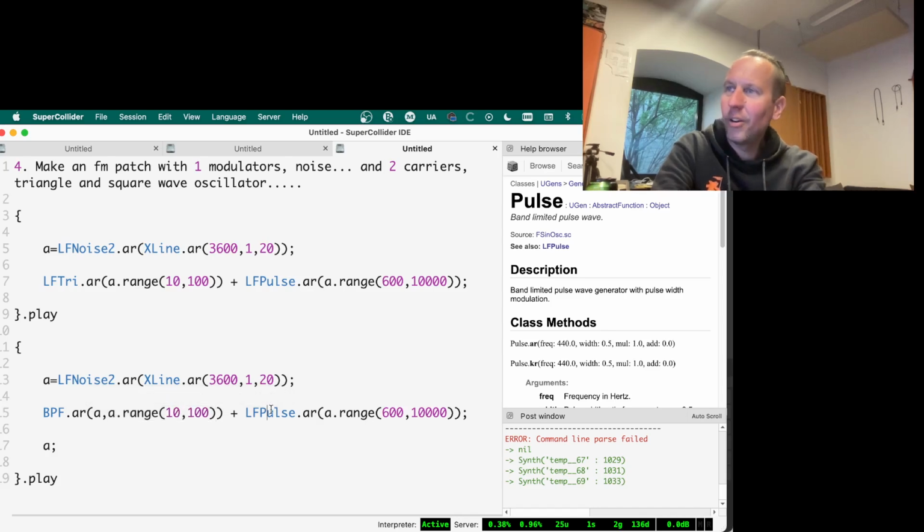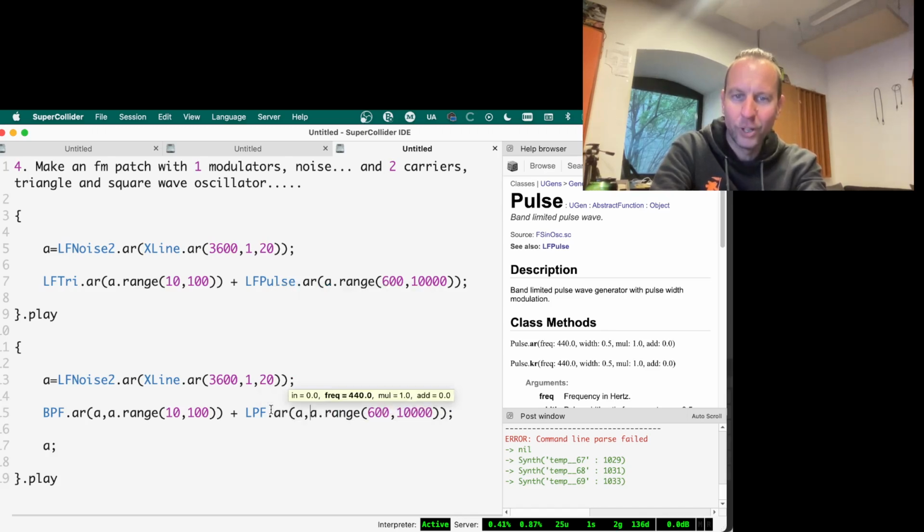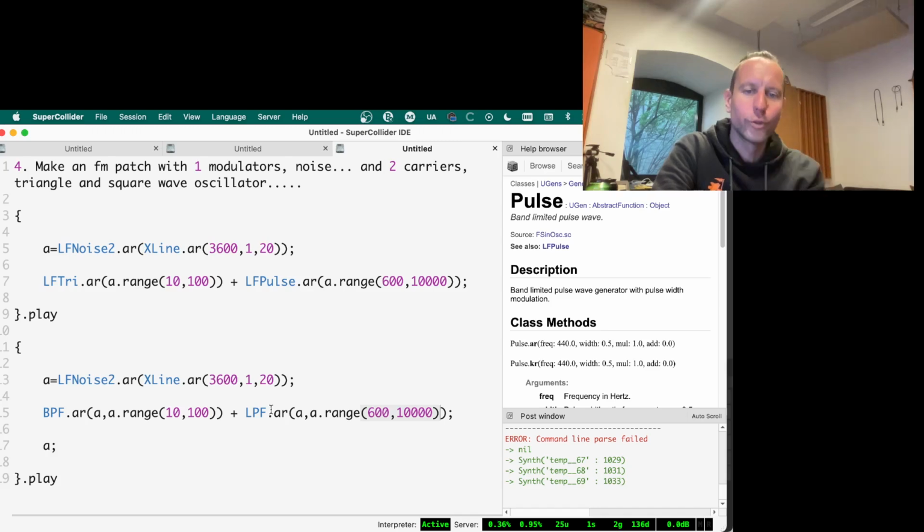And here I'm going to have a low pass filter, and I'm going to do the same. I'm going to filter the actual modulator signal, and the filter frequency will also be derived from the modulator signal, but